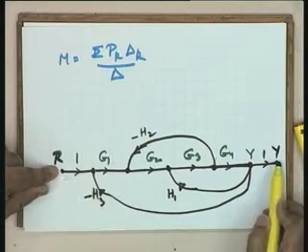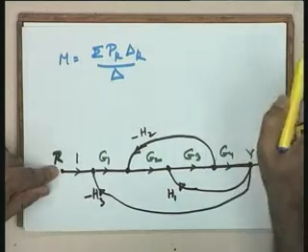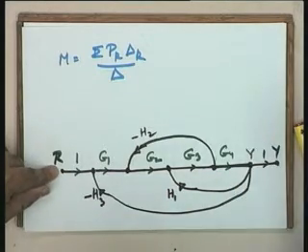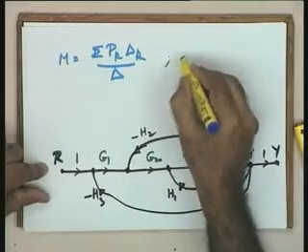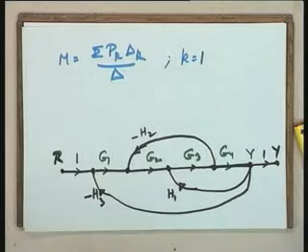You may say that, well, you will loop around and go to the same point, but I will not call this a forward path. A forward path by definition is a traversal from input to output node, wherein a node or a branch is traversed once and only once. Repetition is not allowed, and therefore, in this particular case there is only one forward path. So, I identify k is equal to 1. I hope you are getting it well now through the example.